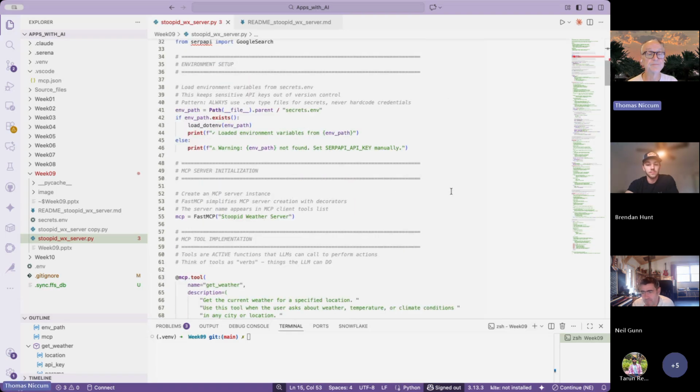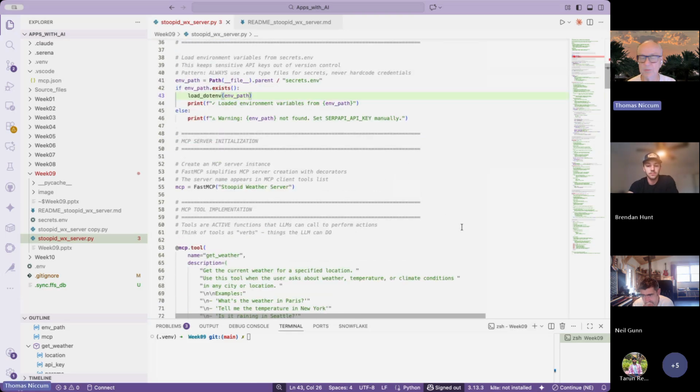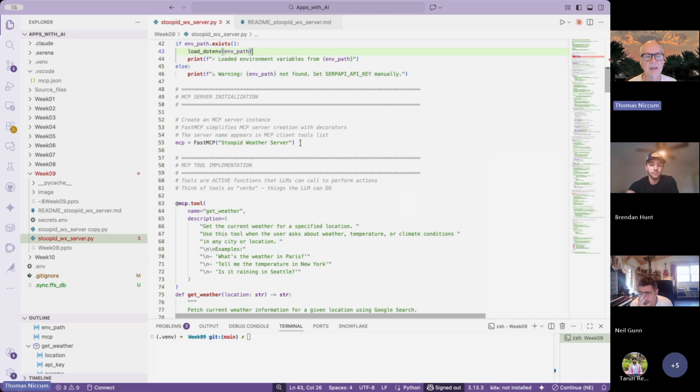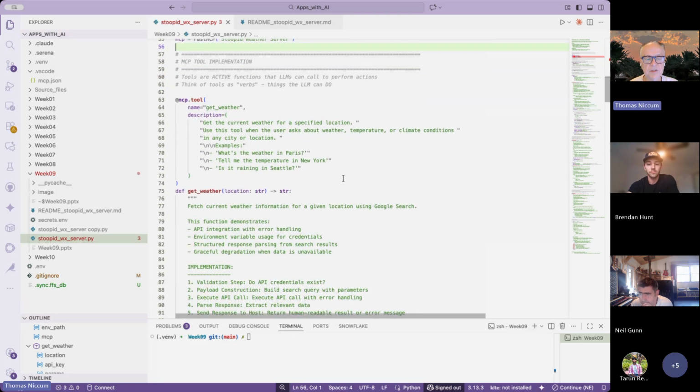So into the code. Again, we use our secret type environment file to keep our secret keys. We don't want to expose that in code, just good practice. To instantiate our server, to initialize it, it's this simple. We just call fastmcp and give it a name, and that will advertise our server in a sense. Now, we define our tools, and the first tool we're going to have is get weather, and we give it a really nice